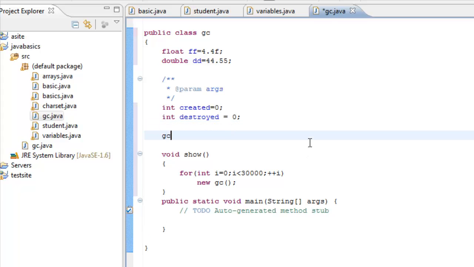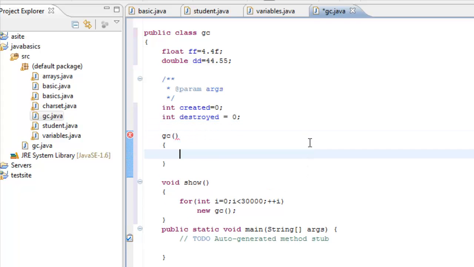So I'll write down the constructor and print a statement in this so that we can keep track of how many objects are in the picture right now. Created object, and increment this value. So this